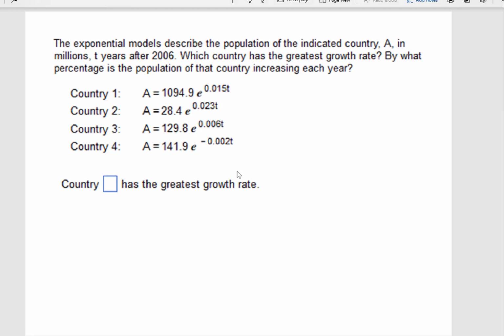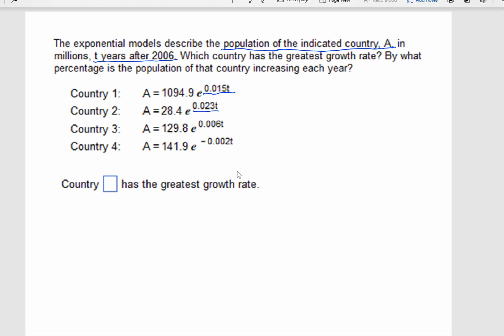All right, this exponential model describes the population of the indicated country A in millions, and then T is years after 2006. So which country has the greatest growth rate, and by what percentage is the population of that country increasing each year? So here what we're looking at is